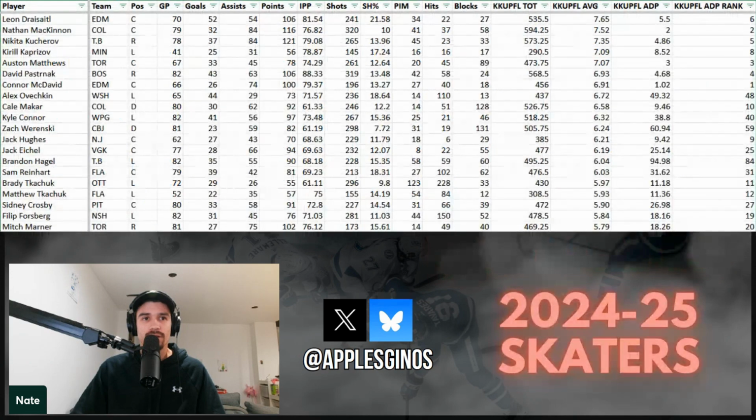In the meantime, though, I do want to talk just briefly about the skaters and their ADP versus performance. In this particular case, I did have to use the Cacuffle ADP, so it should be a pretty good ADP from that perspective. But using Cacuffle ADP and Cacuffle point scoring, the top 7 players by fantasy points per game all came from the first 8 players selected. So, yeah, that's pretty remarkable if you stop and think about it. Basically, we are right on about 7 of the top 8 players drafted.